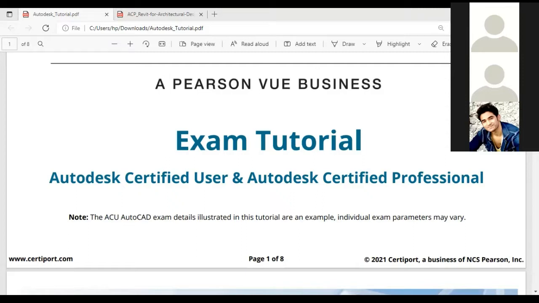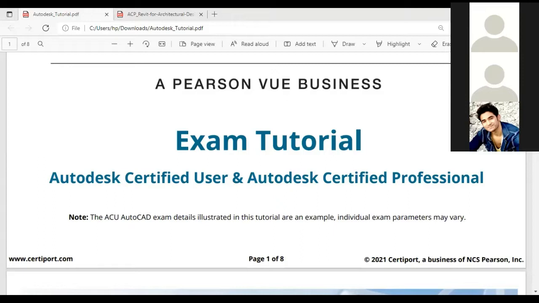It is expected that candidates will already know how to navigate the Revit interface, view and navigate a Revit model, understand the concept of architectural 3D modeling, create and modify basic 3D elements, and know about annotations and views like drafting views and detail views. So you must have knowledge related to all these things. Autodesk also provides a pre-syllabus for you before attending an ACP exam, so you can go through that before writing.